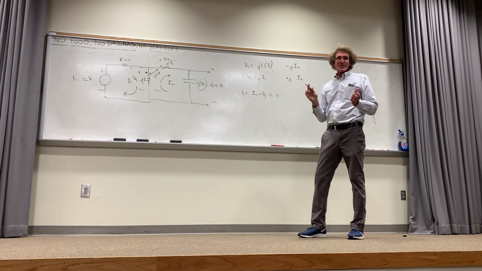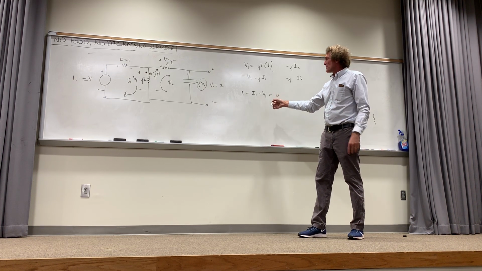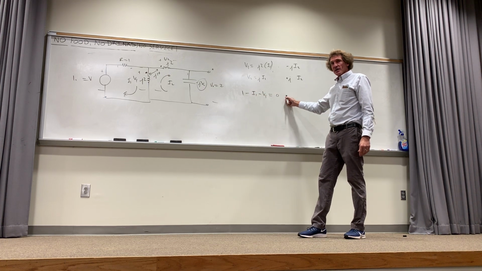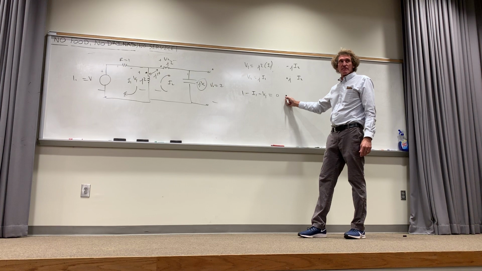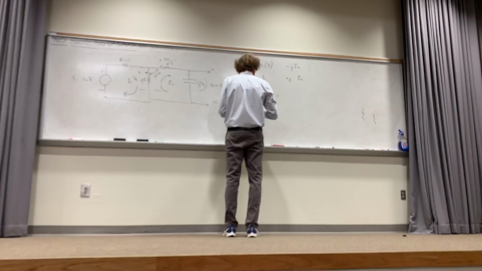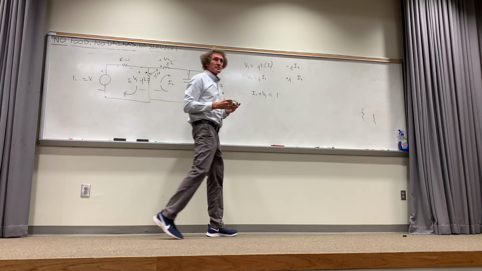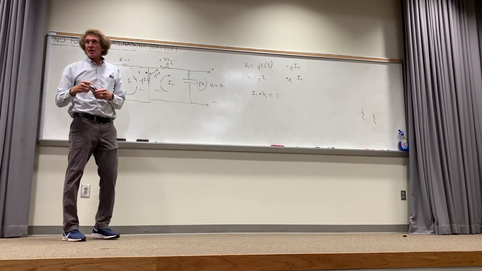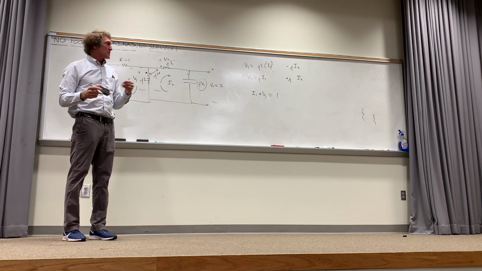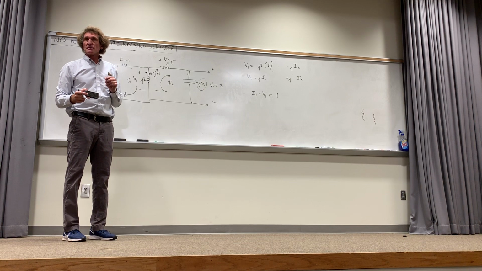I'm going to go through it slow because I messed this up. Do you agree with me? Here, at this point, I'm going to do one thing. I'm going to take 1 to the other side, and then I'm going to get rid of the negatives, okay? So if I do it that way, I get this, going slow, and now I'm going to replace V1 right there with the V1 in terms of the currents, the unknown currents.